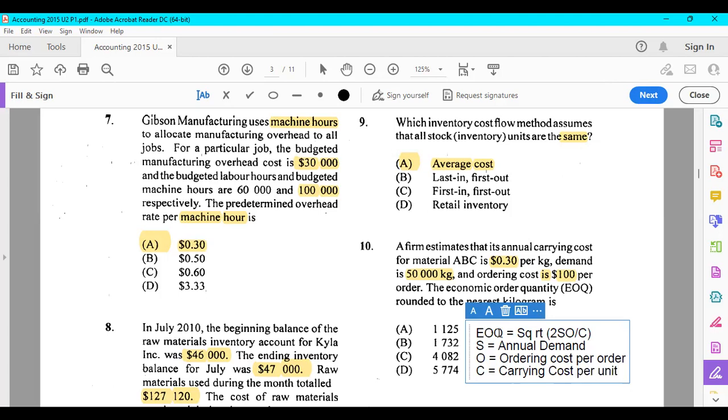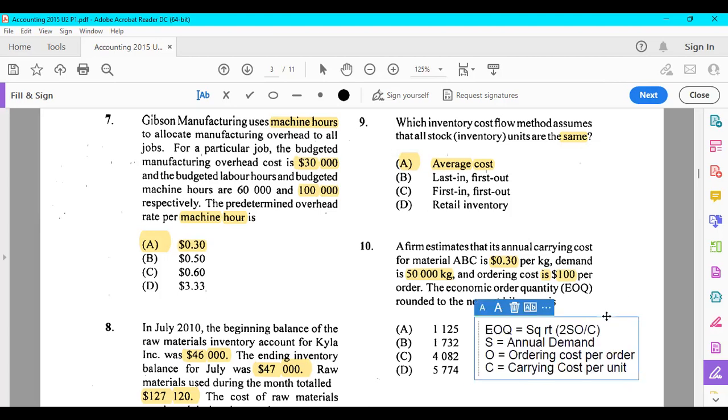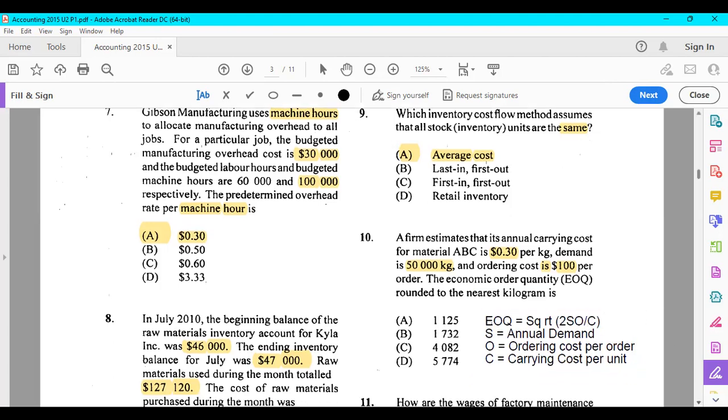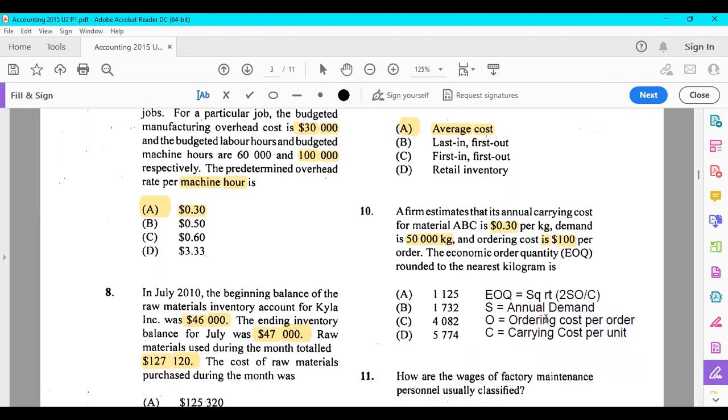Per unit. You may also see D for the annual demand right here. The ordering cost can be seen as CO, and the carrying cost as CC. Just so you know, there are different denotations, letters that they use for the formula, but this one is from the Kate book, so I use this one. All I do is plug and chug. Plug in all of these figures up here into the formula.